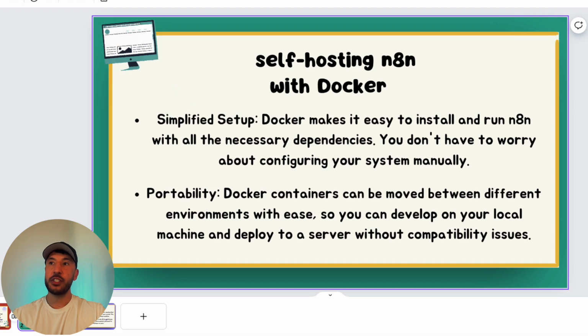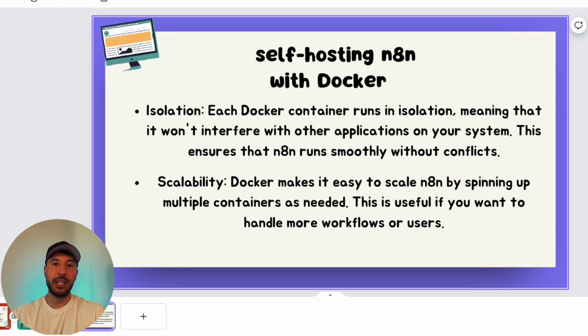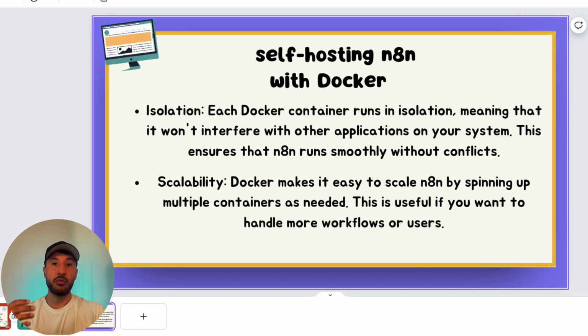Another big advantage is portability, meaning that when you deploy Docker in other environments, say on another hosting platform, it will make sure that it consistently behaves the way it does on your local computer. Another thing is the isolation of each container, meaning these containers run independently of each other. If you have several applications, n8n would operate in its own isolated environment, and this removes any conflicts with other applications that might be running. That gives it a huge advantage, ensuring it's really stable and reliable.